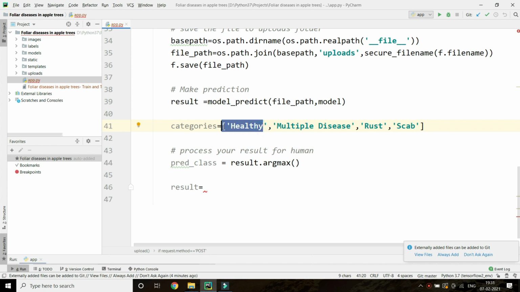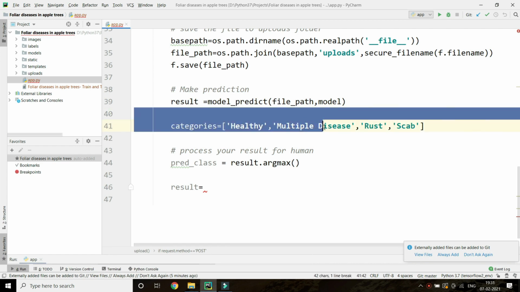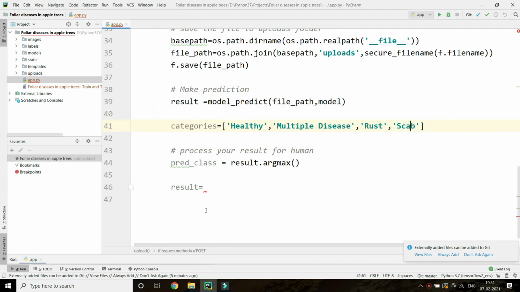This healthy, and healthy has index 0. Then 1, 2, 3. So in machine form it will give output like this. The argmax function will find which index has the maximum probability, and just give 0.